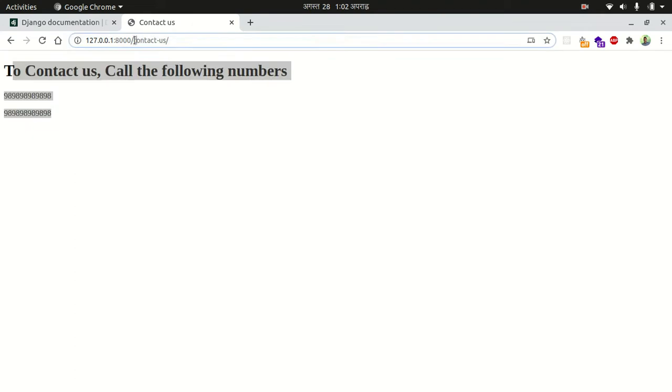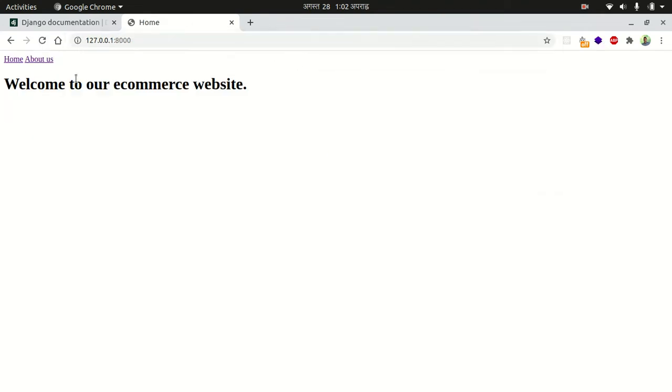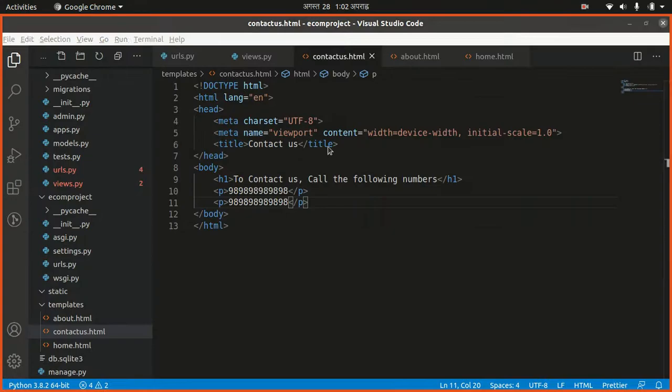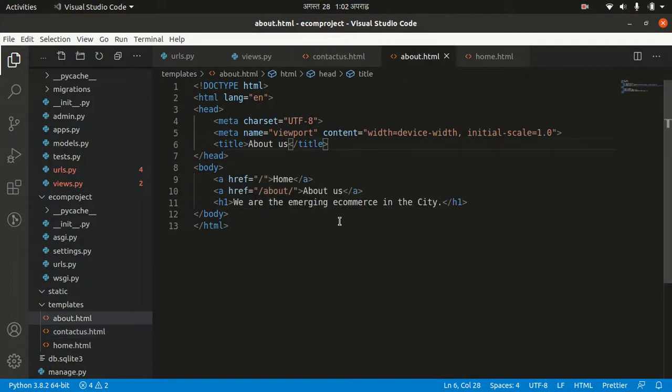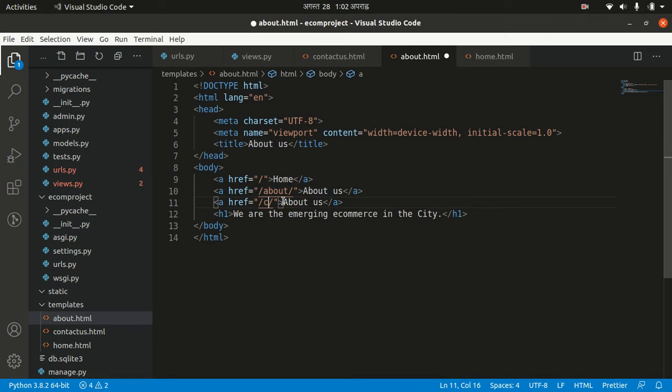Okay, but there is no navigation bar here. If I add navigation here, contact, I forgot, contact-us is correct. So if I add another